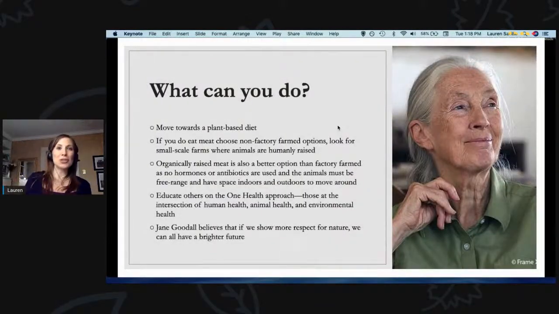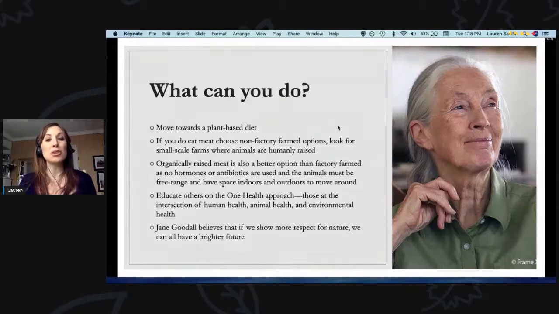So what can you do? I don't want this to be all doom and gloom, because I know it can be really hard, especially right now. I think we're all getting pretty fatigued with this pandemic and pretty frustrated that it's continuing to go on. But I think we need to stay the course so we can get through this and hopefully get to those vaccines that are hopefully coming out. But what can you do in the meantime to help prevent future spread of these zoonotic diseases?